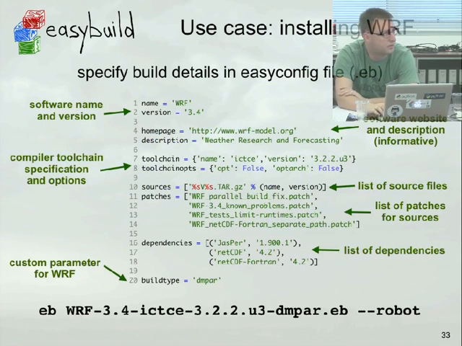This is then the easyconfig file, so you just specify you want to build WRF with a particular version. Right now, stuff like homepage and description is still mandatory in the easyconfig file. It's not really clear if we're going to continue to do that because you have an easyblock already. And usually this stuff doesn't change. Like, one question,